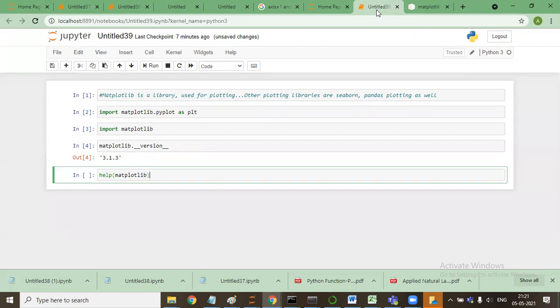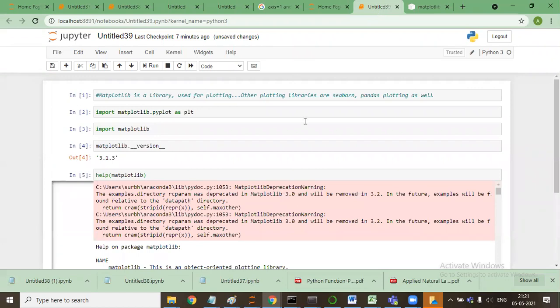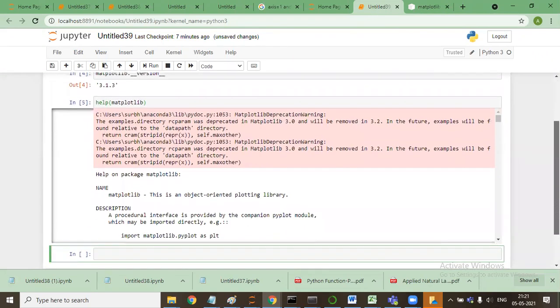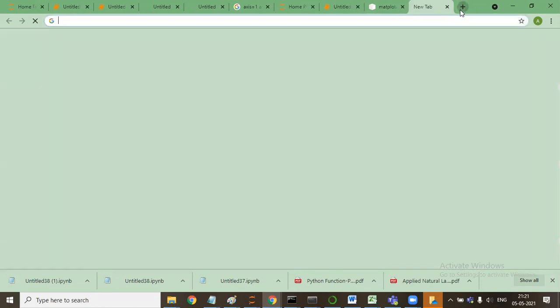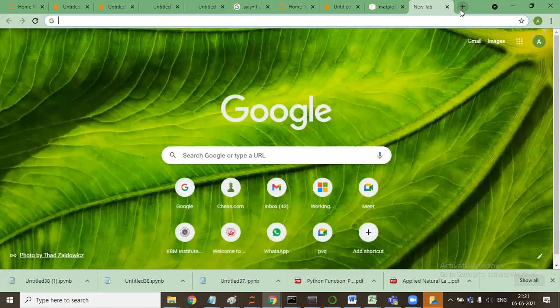Let me see if it works. So here it is. It will tell you about this object oriented plotting library, a procedural import matplotlib.pyplot as plt, and all the things. In case you want to learn about any library in detail, you can go to the Python official documentation.